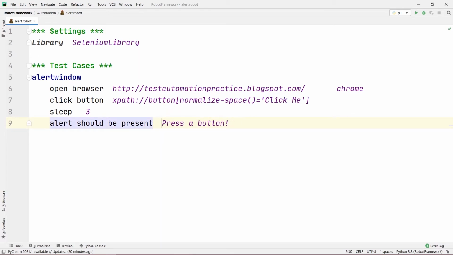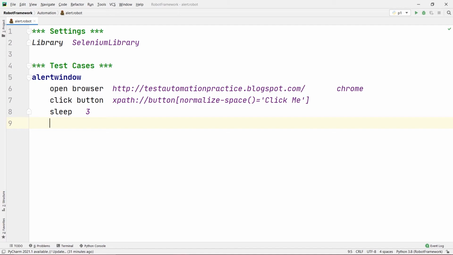One more thing you need to keep in mind, that it won't search for a keyword. It will search for whatever text you write here. Suppose now you want to verify that "button" is written or not. If you delete this thing and think that this test will pass, then no, it will fail because it wants the whole text. Even though "button!" is there onto our alert window, the test will fail because it will search for the whole sentence. It will verify the whole sentence but not a single keyword. That is why you need to write the whole thing that you want to verify.